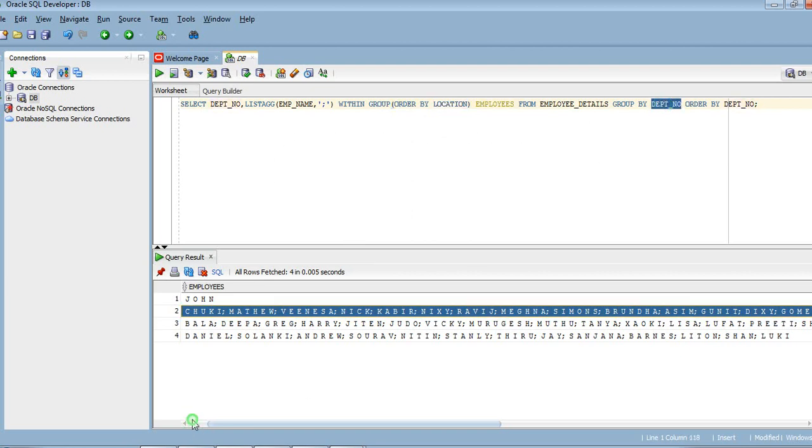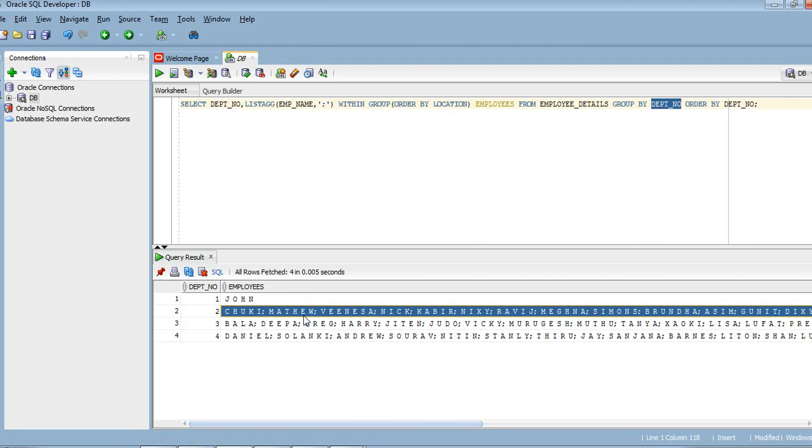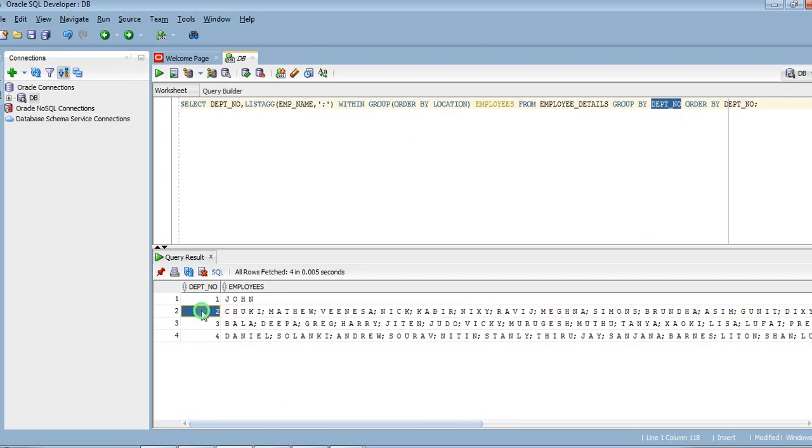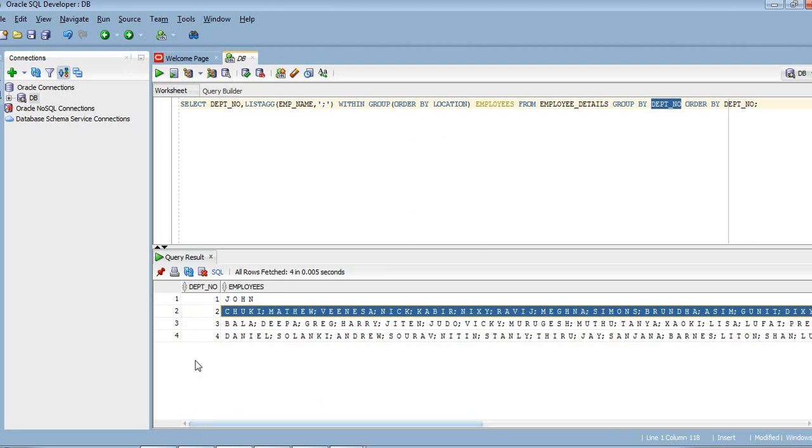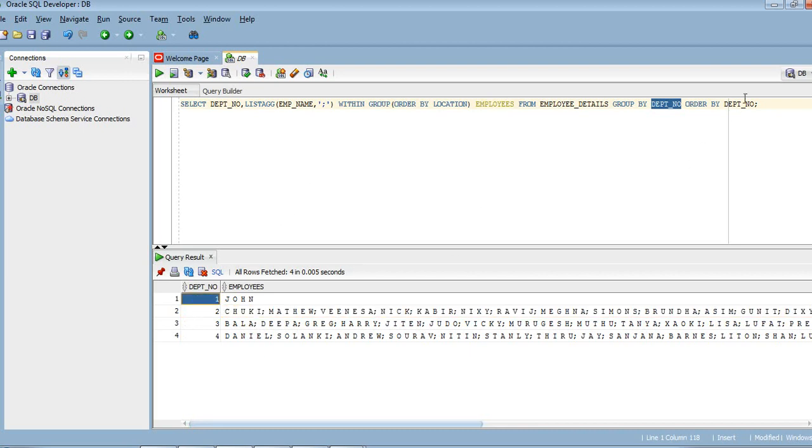As you can see, the output is grouped by department number. For each department, the employee names and the department number have been reflected in our output, and the output data has been ordered in ascending order of department number, since we have ordered it by department number.